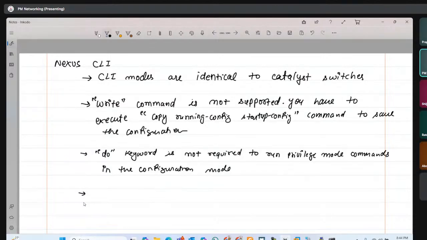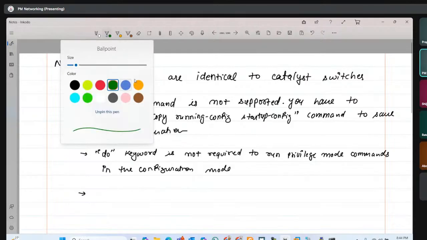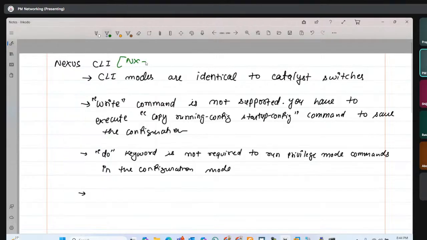In case of Catalyst switches, we have the file system and the files are in the flash or NVRAM. But in case of NX-OS, the Nexus operating system, because when we talk about a Nexus CLI, it means that it is based on the NX-OS operating system. Most of the features are disabled